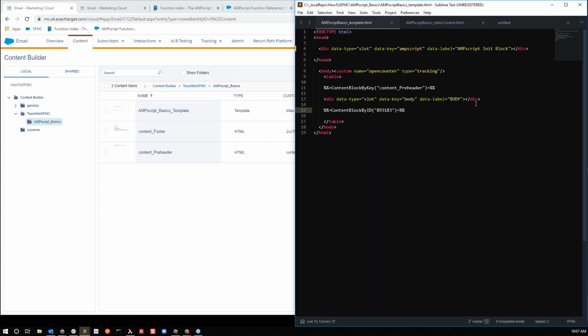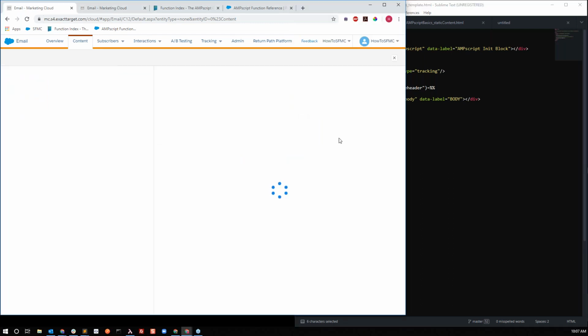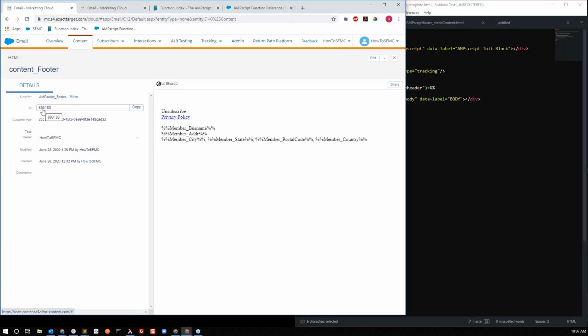We recommend using content block by key or by ID rather than content block by name, because it's easier to change the name of a content block than it is to change the key or an ID. A key can be changed as well. An ID cannot be changed. That's your most stable version. So I recommend using content block by ID when at all possible. You do have to enter the ID in as a string value, even though it appears to be numeric if you were to look in the properties pane here, and that's where you collect that ID from. Okay,